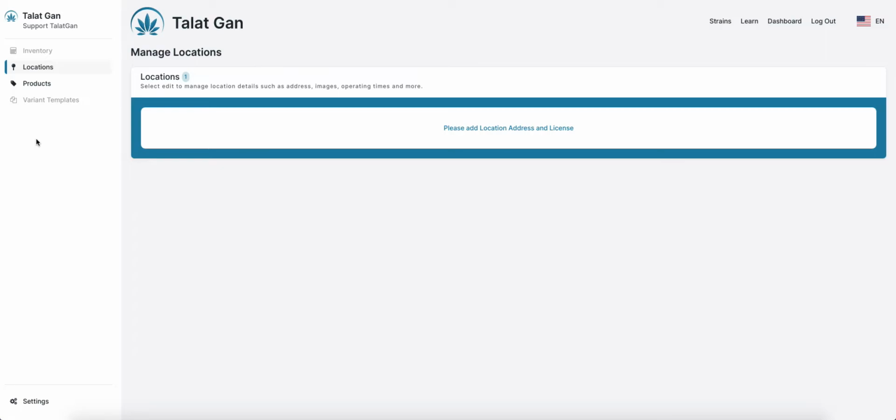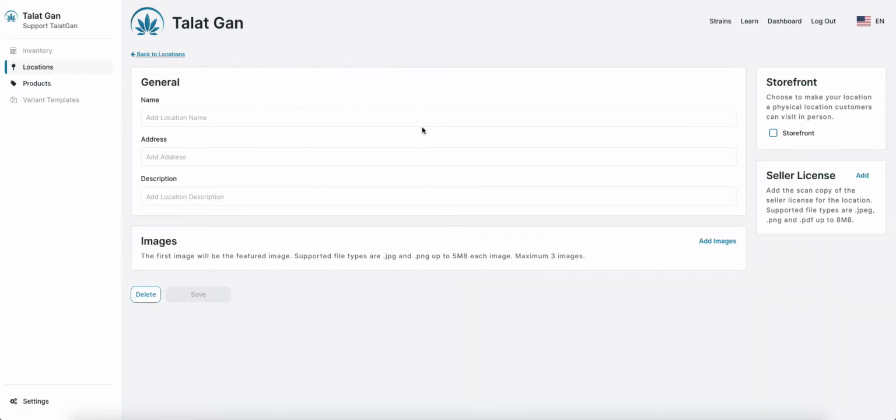When you first come into the location section, you will notice that it indicates you already have one location. This is because by default, all TalatGan members will need to have their seller's license attached to the physical address from which they sell retail to consumers or wholesale to other brands. However, you will see a notification to add a location address and a license. Simply click onto that notification and you will be brought to this location detail screen where you can provide the